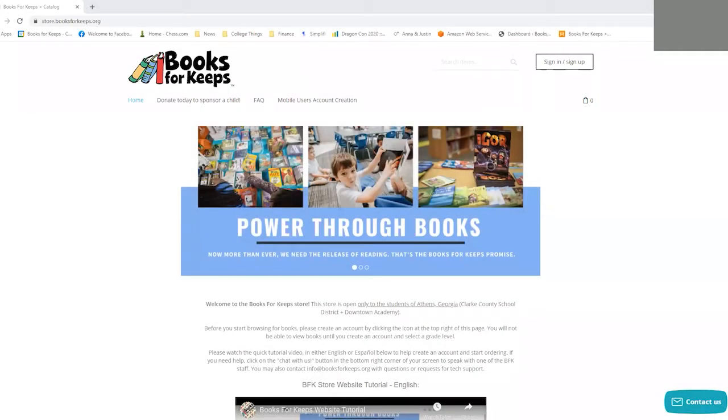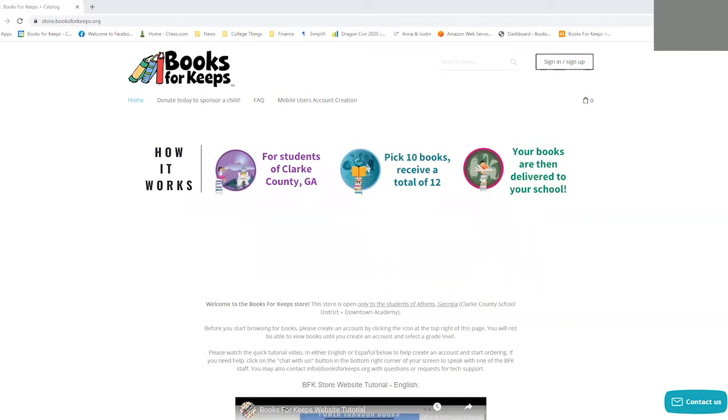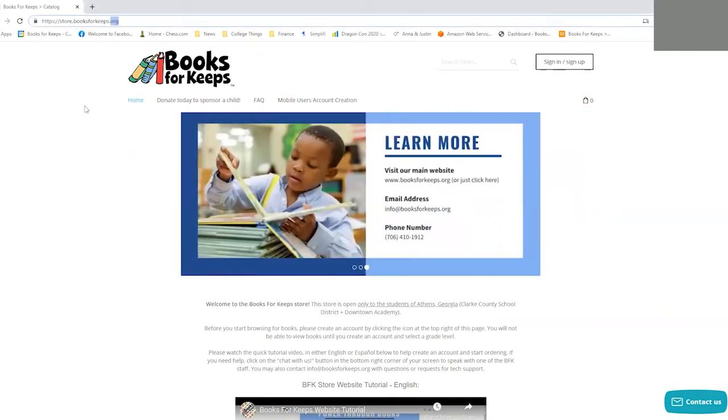Ordering your books for Books for Keeps is easy. If you ordered this last year, you'll notice a few small changes to the website that we made to make the process even easier. To start, make sure you go to store.booksforkeeps.org. Whether you're ordering with your class in person or online, you're going to start by clicking the top right